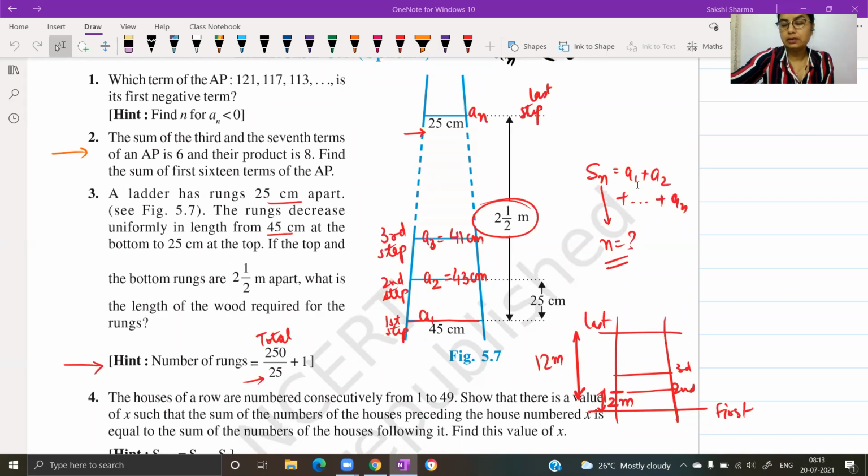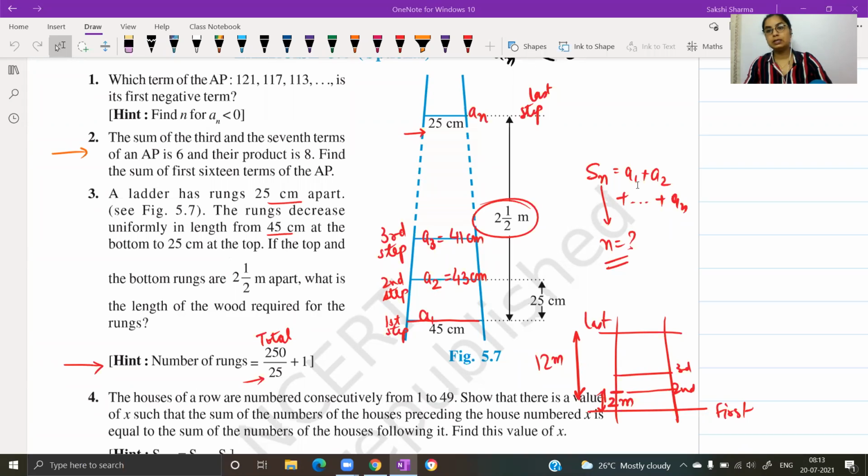10th standard beta. Does anyone have any questions with respect to the work we have done from this exercise? I think the first three exercises are easy. This one is a little different from the questions we have done. So if anyone has any questions, I did ask you to try and see why is the reason we've added 1 here to obtain the number of rungs.